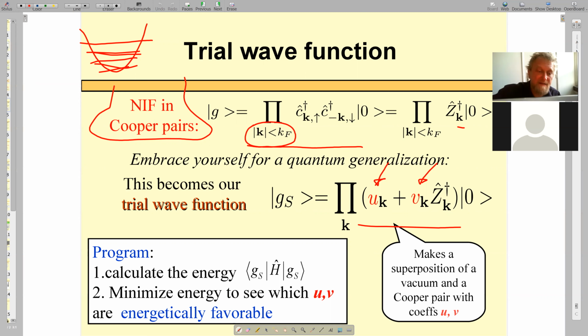So as we did for magnetism, we compute the energy corresponding to this wave function, we minimize it with respect to u and v, and see if superconductivity arises. Okay, good. Let us